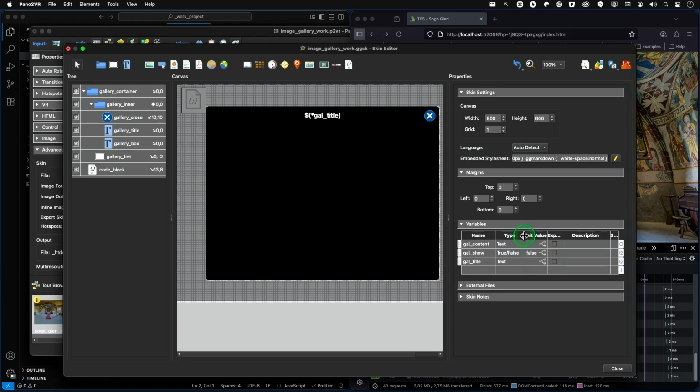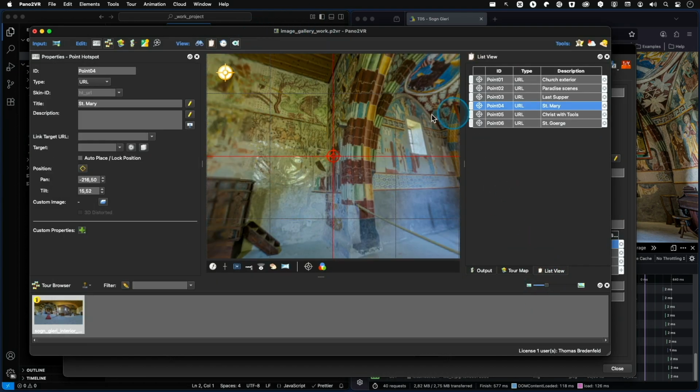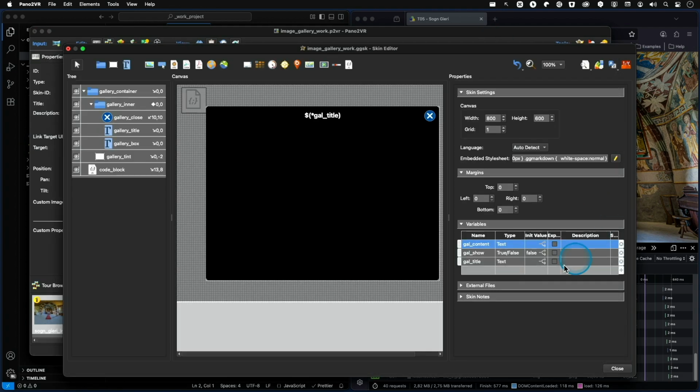And so we have three variables important for us. Gallery show is a variable which controls the visibility of the pop-up, and it is changed by the closing icon. It is changed by the tint. And we have two variables for the content. The content variable is responsible for keeping our hotspot description. What we later will enter here is transferred to the variable gallery content, and the other is the variable title,